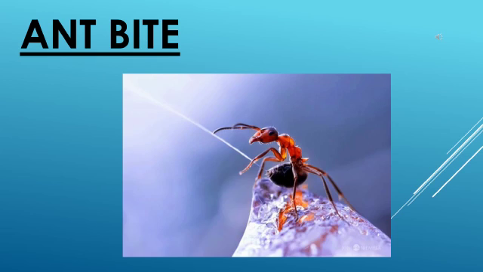So what is the first aid they will do? They take baking soda and they will rub it on that region, where the ant has bitten. Or instead of sodium hydrogen carbonate, which is the chemical name for baking soda,